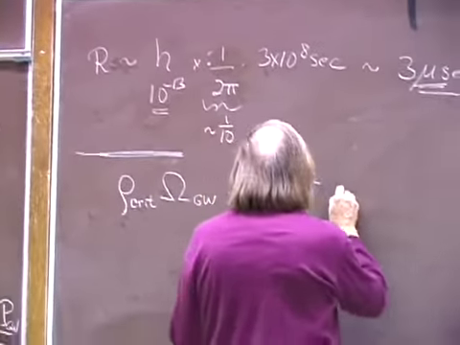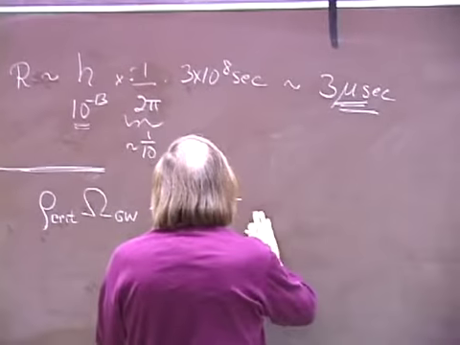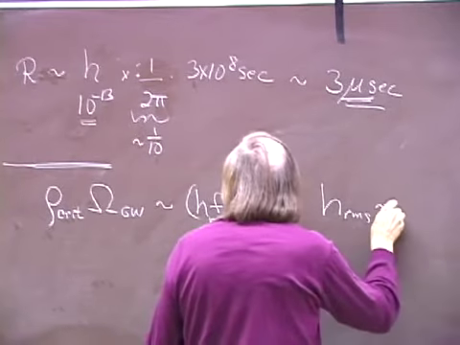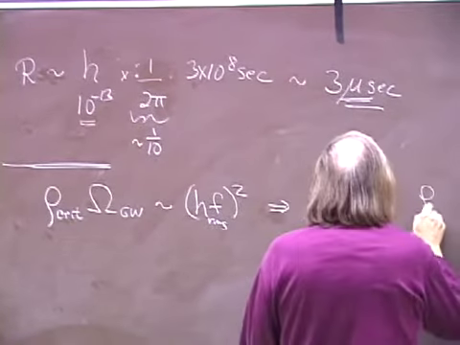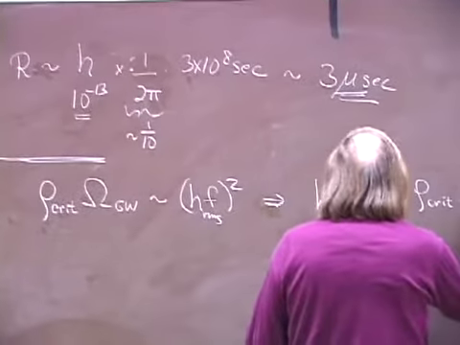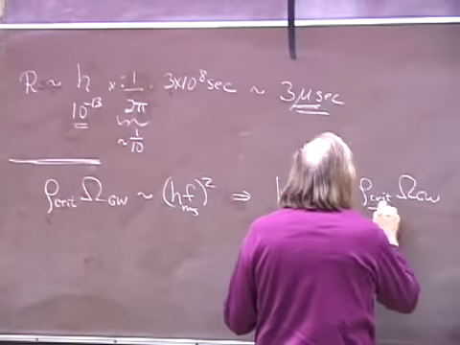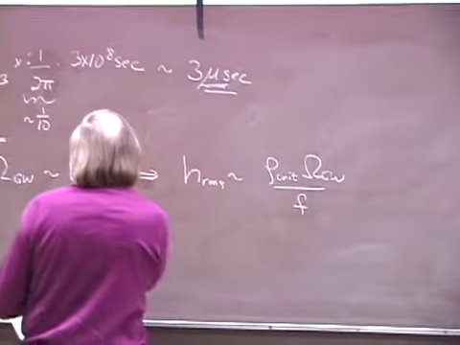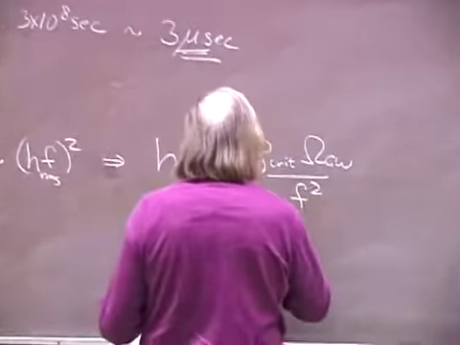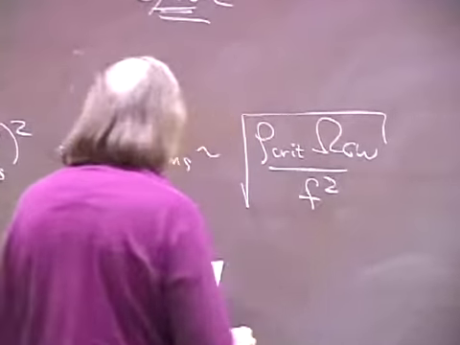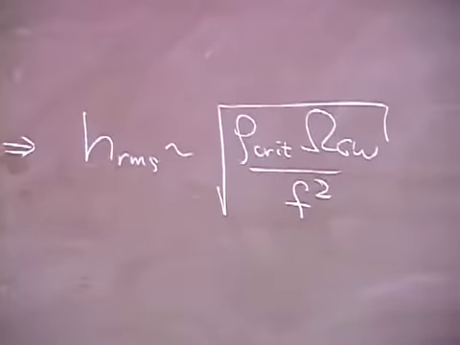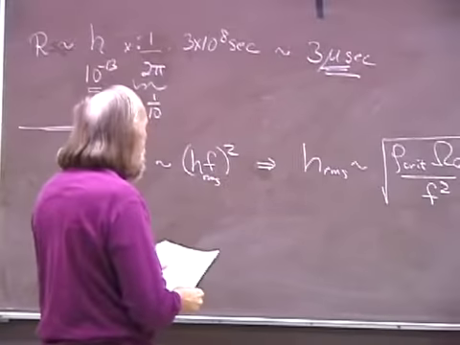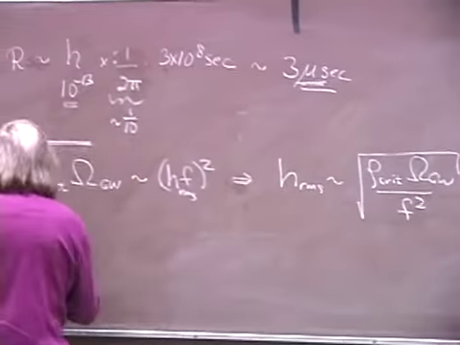And so that's the energy density. And so that means that h RMS is of order rho crit omega gravitational wave divided by frequency squared, and then I want to take the square root of that. Okay. So what did I do wrong? That's right. And then the